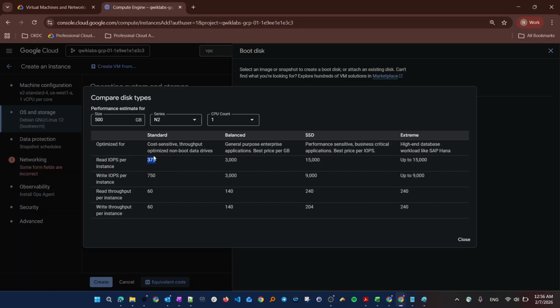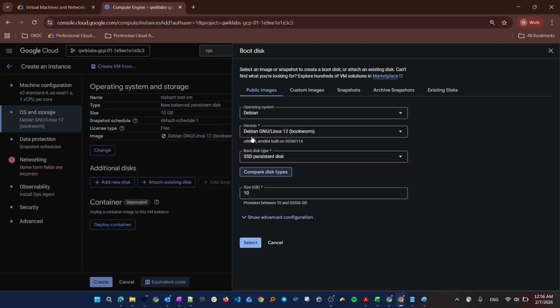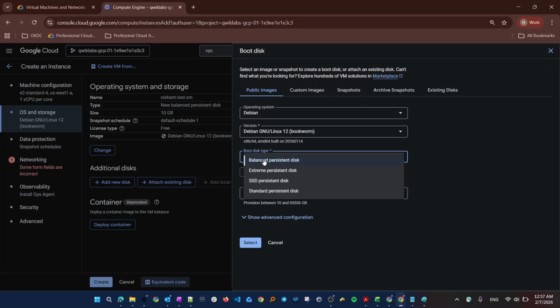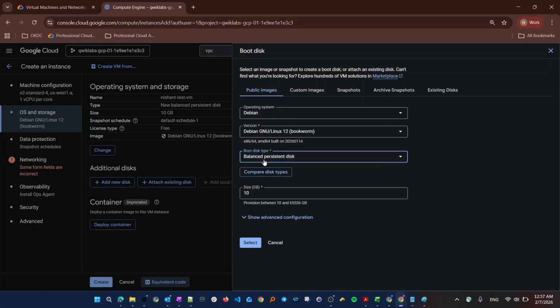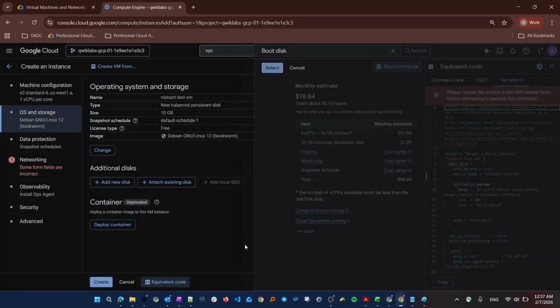Okay, so if your workload is not really that sensitive, and at the same time you are very cost conscious, you can go for the standard option. But in most of my development or deployment, I go for 3000, which is balanced, right? So I'll click on balanced, and that's why the balanced option is first, because most of the customers or most of the engineers who are deploying sometimes are not comparing, they just simply select whatever the first option is. So I'll just select this, select